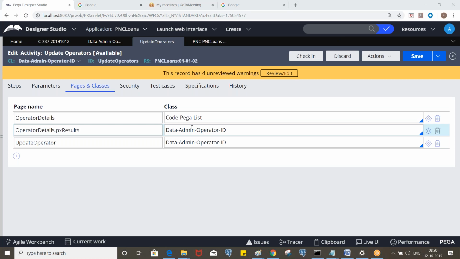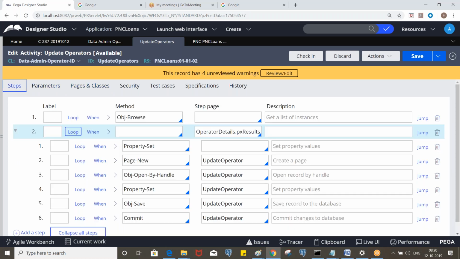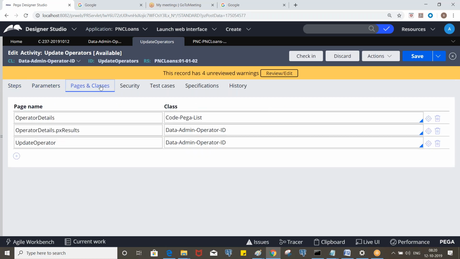So always when you define a page, sometimes if you don't know the exact class, you can leave it. You just define the page and refer to it. But if you know the class, then you need to specify it.